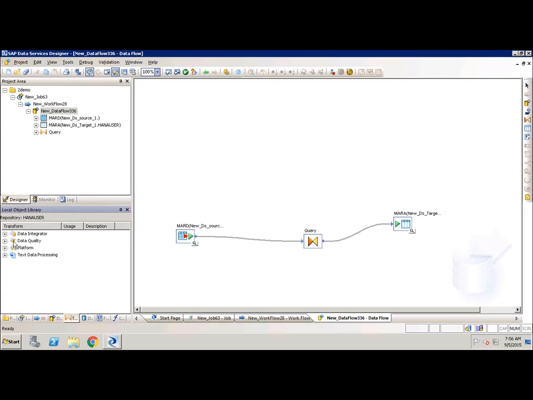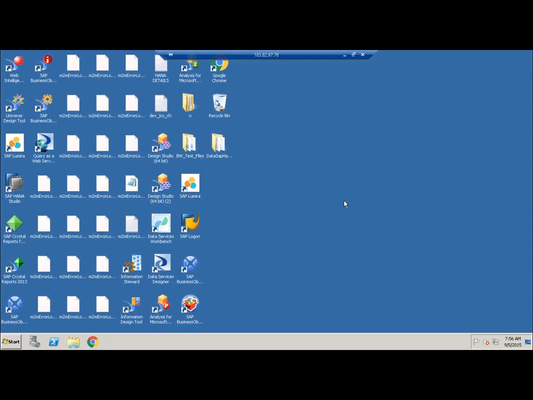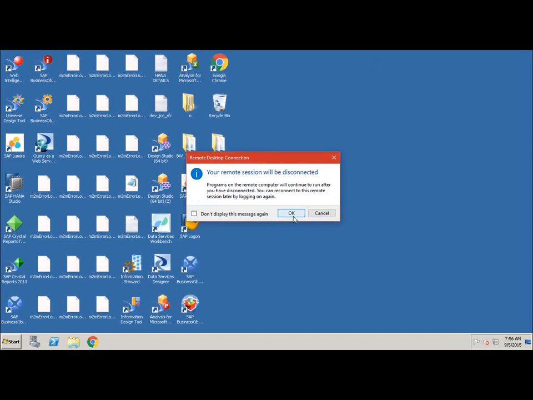If you want more transformation categories, you will find them under this local object library. Under that, each and every transformation has been categorized with its category: data integrator transformation, data quality transformation, and platform-based transformation, which are supported in Business Object Data Services. If you want to connect with any of the databases or any system, here is a data store listed, whatever has been created. So this is the overview of your designing tool called Designer. And this is all from my end. If you guys have any questions, you can go